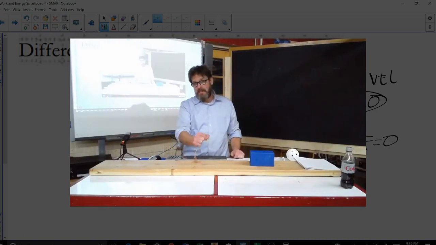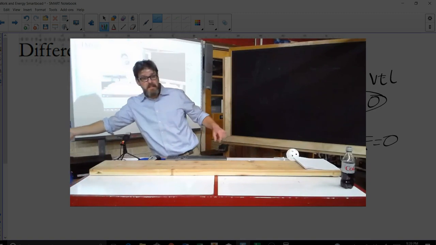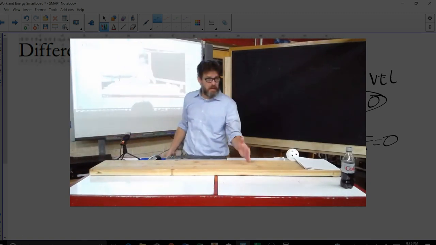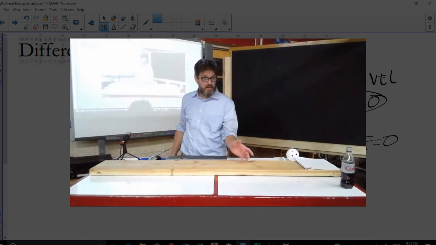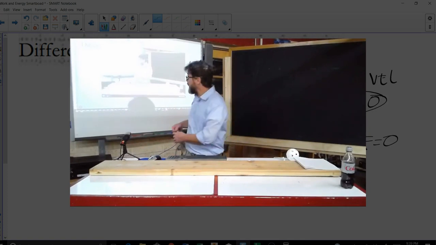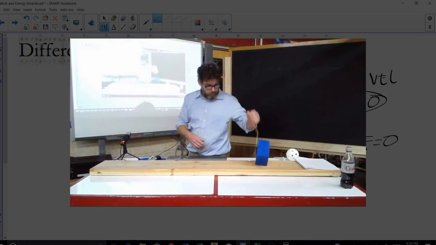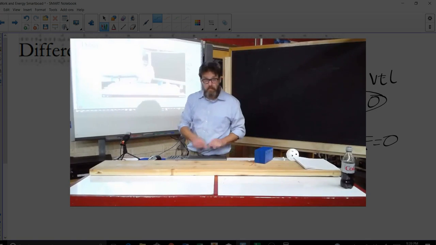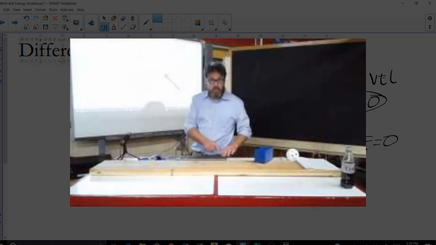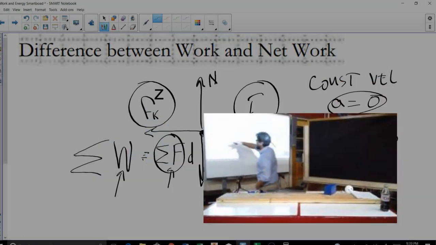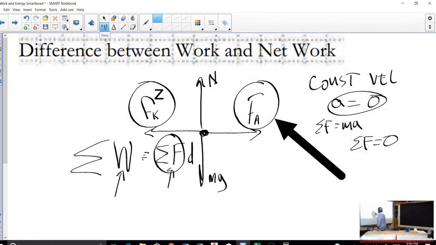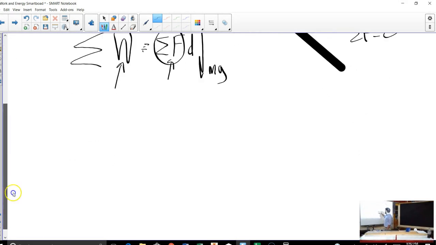If there's friction going against me, let's say I pull harder than friction does. What does the block do? Well, the block speeds up. It doesn't maintain a constant velocity because there's a net force. And in that case, so now we're looking at the case where, hey, what if I pull on